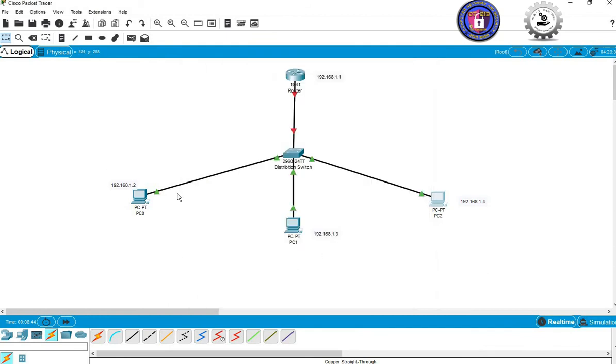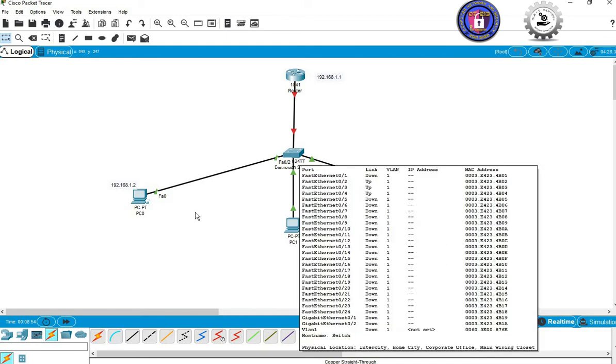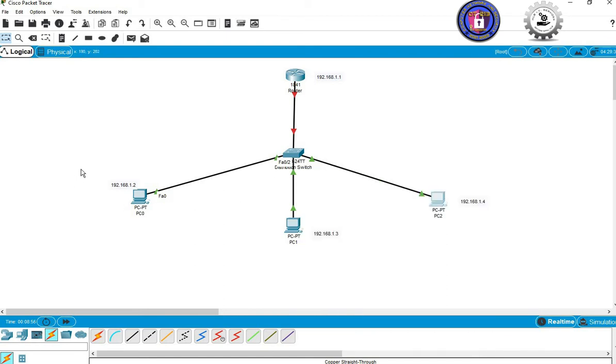Alright, so as you can see, the color of these connections turns green. It means it is already connected and live, so the devices are ready to transfer packets to each other. Now we're going to proceed to how to set our IP address in our router, or the default